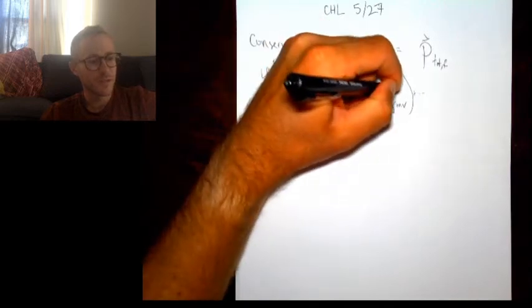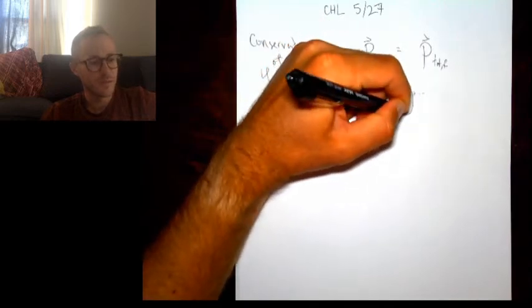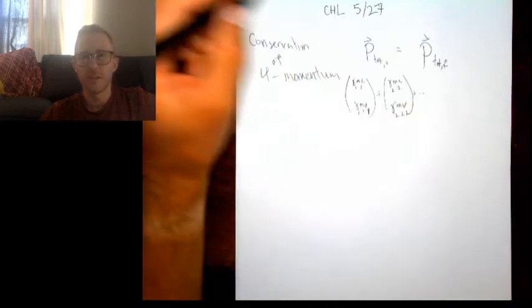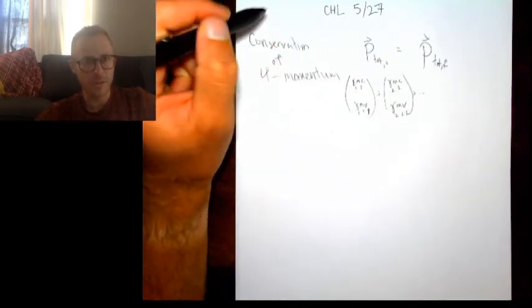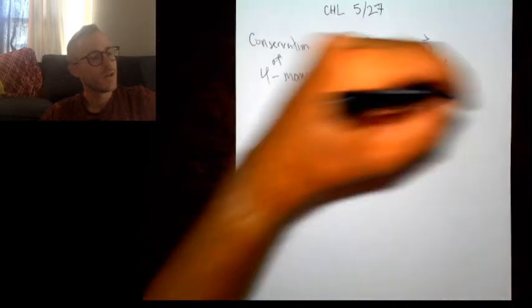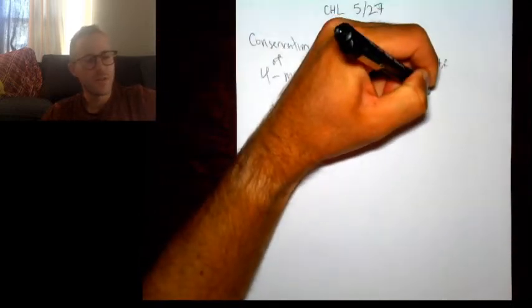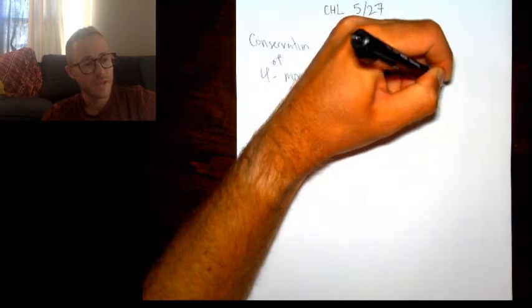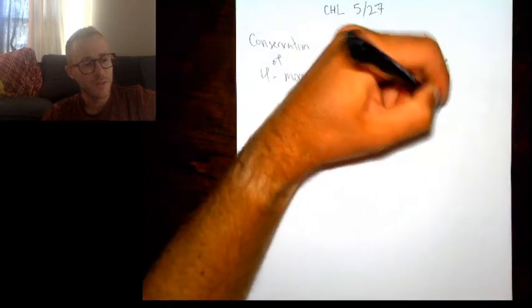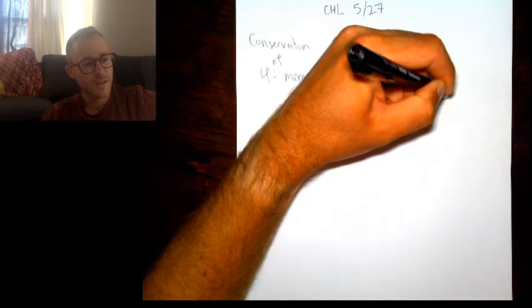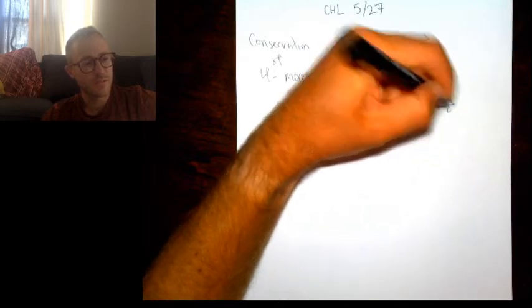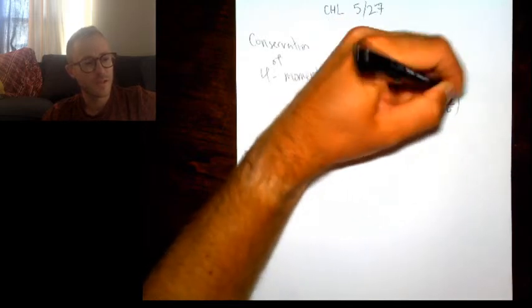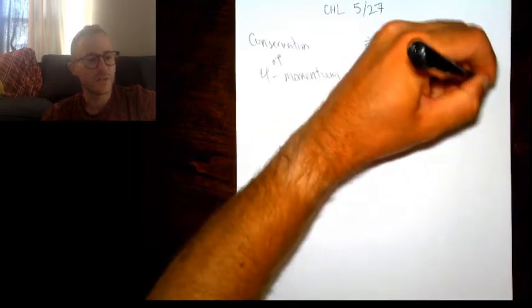This is gamma 2 m2, and so on. So you just add up the momenta of all the particles, okay? Plus any photons. So maybe you have hf1 over c, hf2 over c, plus or minus, plus dot dot dot. All that has to equal a constant,